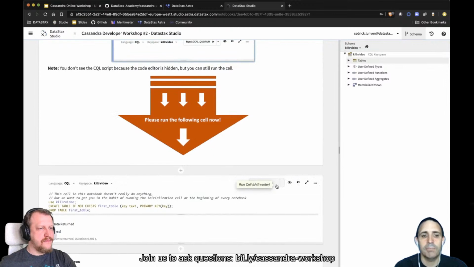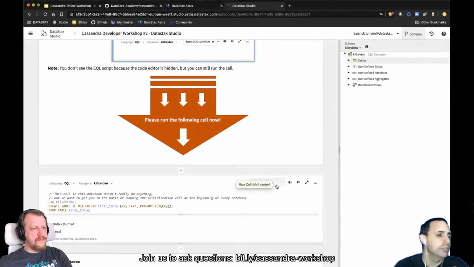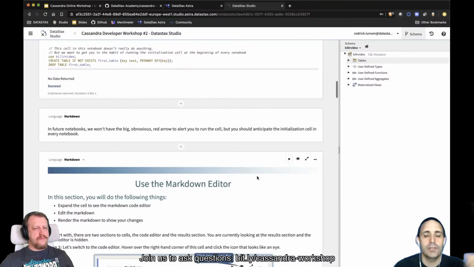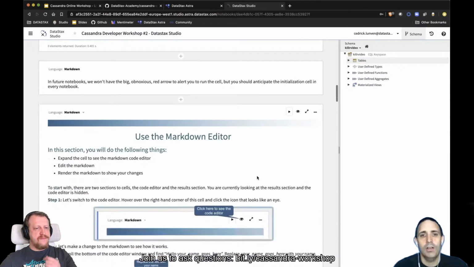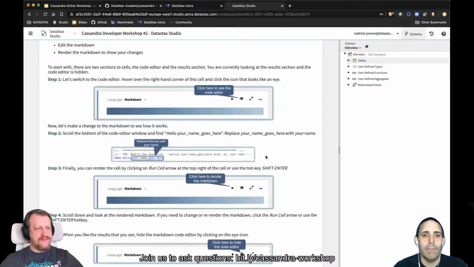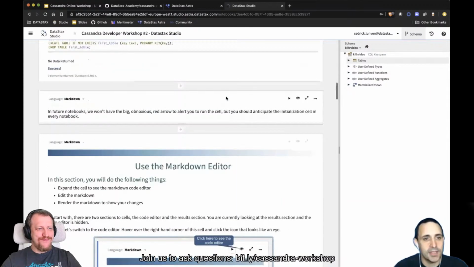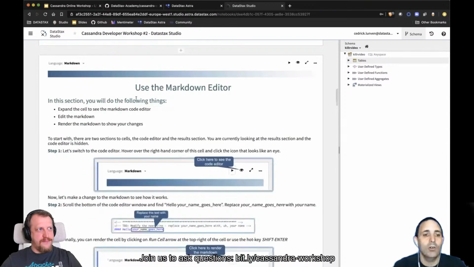Okay, moving on, I won't go through all the exercise. It's really about how to use the notebook. So first is to use the markdown editor. When you see some cells, some are Cassandra code, CQL, Cassandra Query Language. Some are simply text or documentation in markdown. And so the first part is all about: hello, your name goes here.